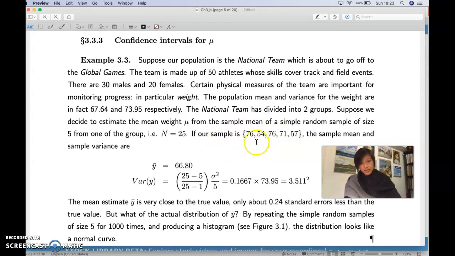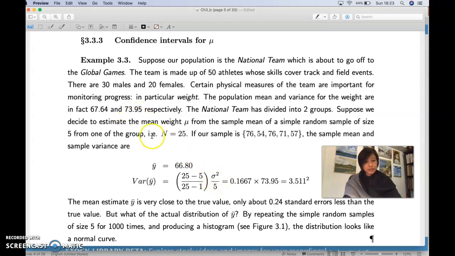We want to use the sample to estimate the population mean. So let's see how well it works using the formula. Collecting 5 athletes' weight, we add them up, divide by 5, and then we find y bar equals 66.8. Using the formula we just learned, since we know the true population variance, we can substitute in here